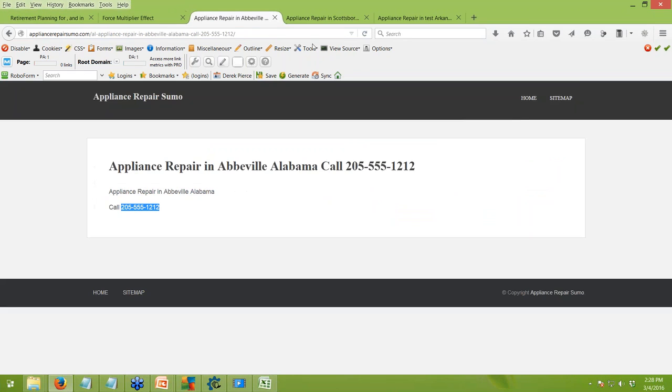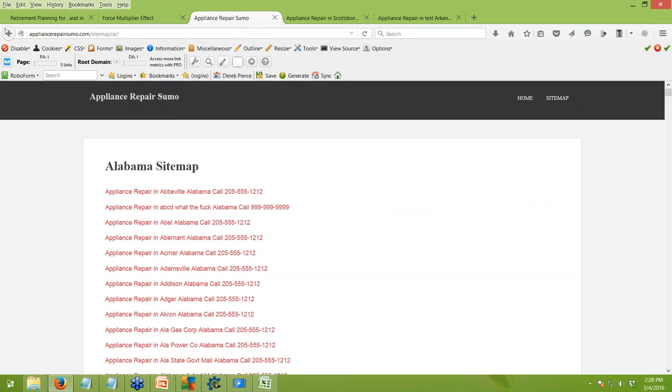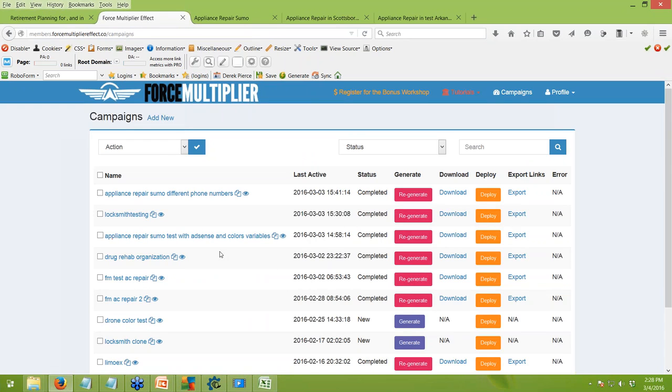What I recommend that you do is you go right here to sitemap, and you get the sitemaps indexed. So you get the sitemaps here, you get the state sitemaps indexed as well, and the quicker you get those indexed, the other pages are going to follow because it's going to come crawl this page. So what you can do,